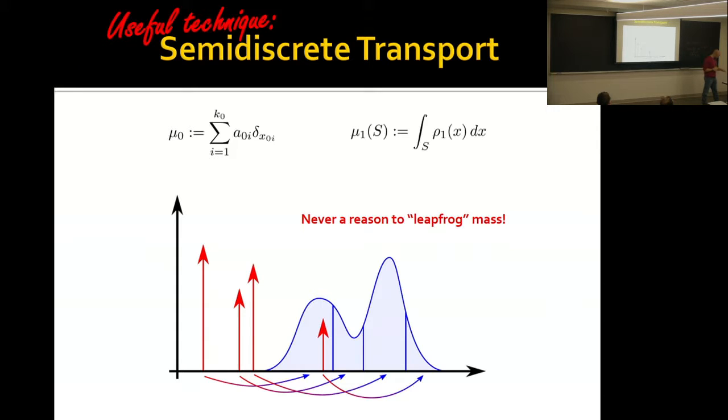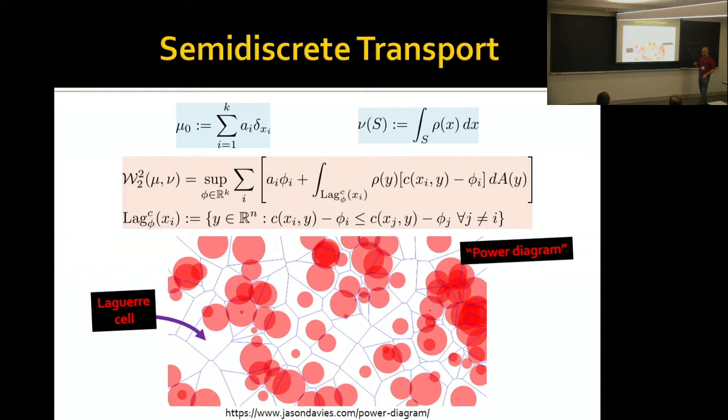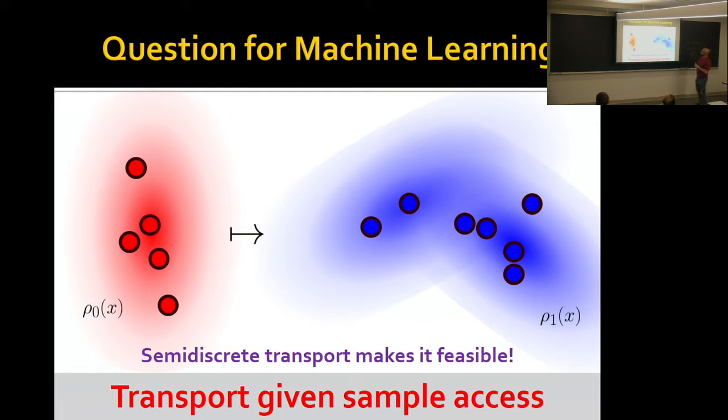In higher dimensions, the diagram is much more complicated looking, but the analogy is basically the same: there's some generalized notion of a Voronoi diagram, called the Laguerre diagram, because you need control over the size of the cells. But the basic point here is that when you solve the transport problem and one of your two distributions is finite, this is actually a problem that's solvable, even though it kind of looks like you need an infinite number of variables.